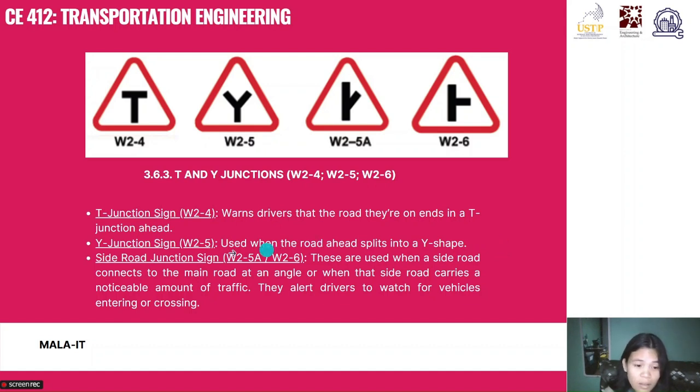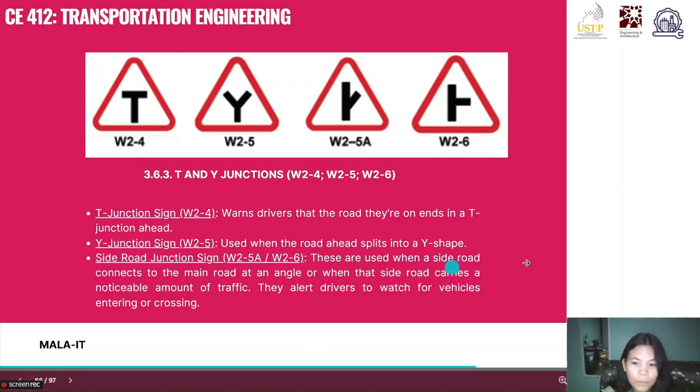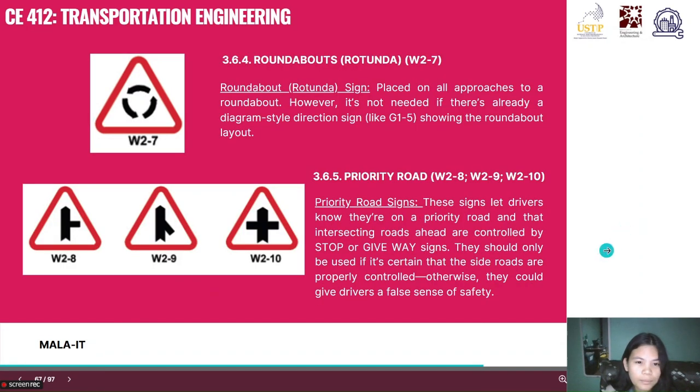And then the side road junction is used when a side road connects to the main road at an angle or when that side road carries a noticeable amount of traffic. So it alerts the driver to watch out for vehicles, whether they are entering or crossing. And then the